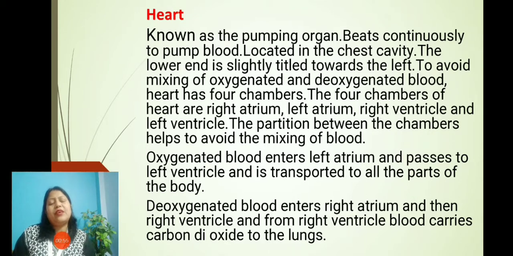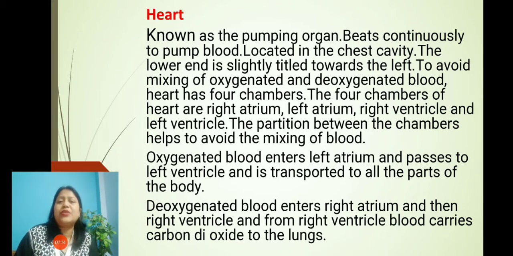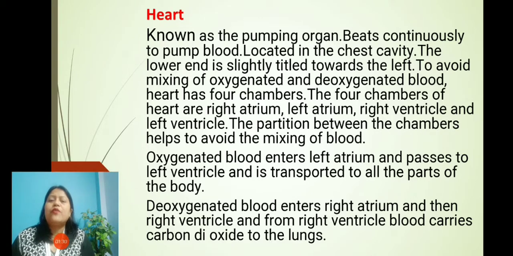Children, in the live class I have told you that the circulatory system comprises three important components: blood, blood vessels and heart. In our previous class we discussed blood as a fluid, which consists of three different types of cells like RBC, WBC and platelets, and the liquid part of the blood is called plasma. We also discussed two types of blood vessels, arteries and veins. Today we shall be discussing the heart.